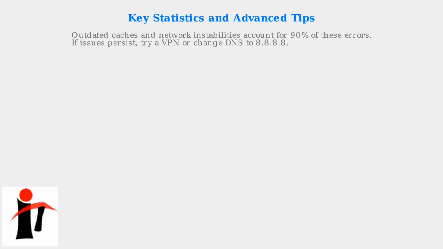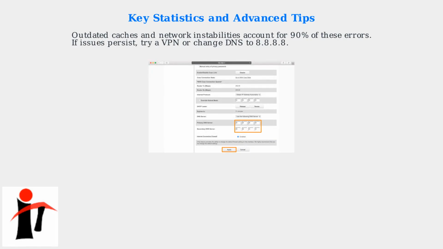According to recent data, outdated caches and network instabilities account for 90% of these errors, so these steps often provide a quick fix. If problems persist, consider using a VPN or changing your router's DNS settings to Google's public DNS